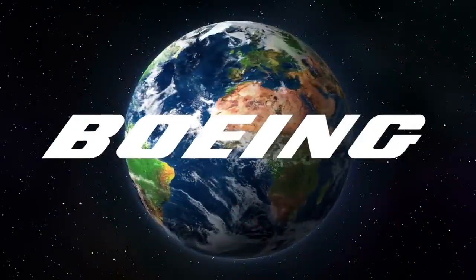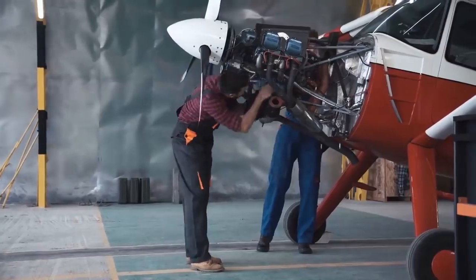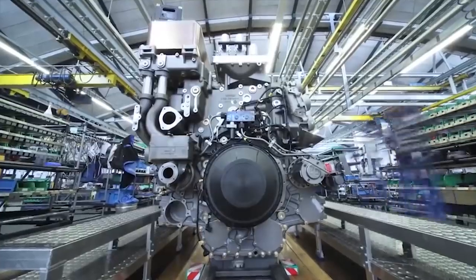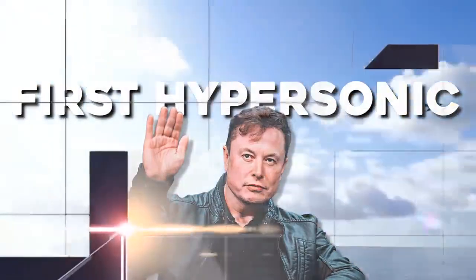Boeing has patented a force field that protects military vehicles from shock waves, and the company is currently working on putting the system into production. That's right, a force field created specifically for combat, and that's not all. Elon is fully in favor of this concept and is even launching his first hypersonic jet with this force field installed in it. So now military people do not have to worry about vehicles anymore,